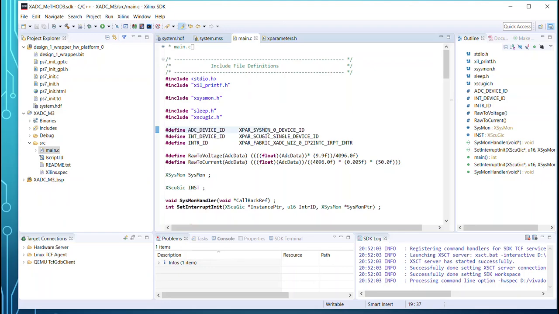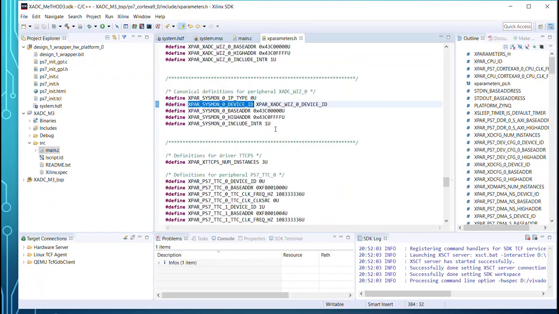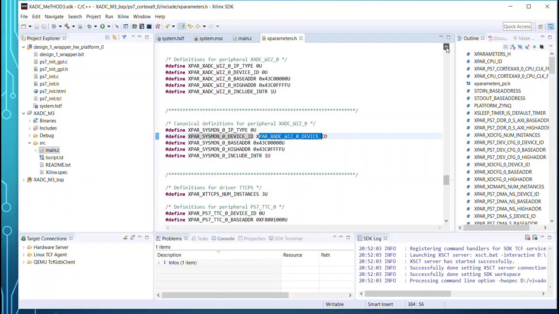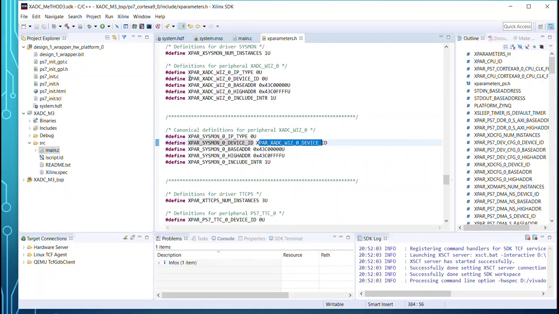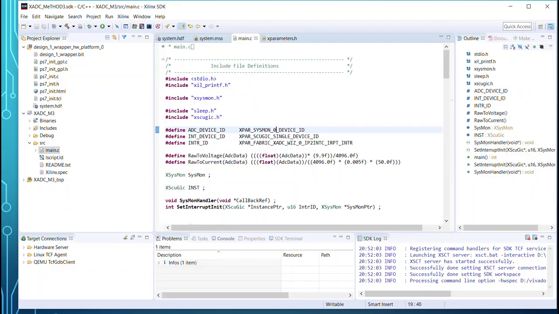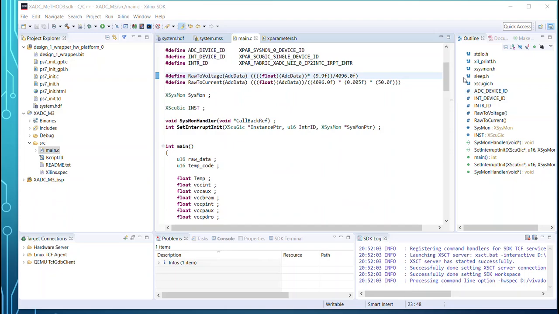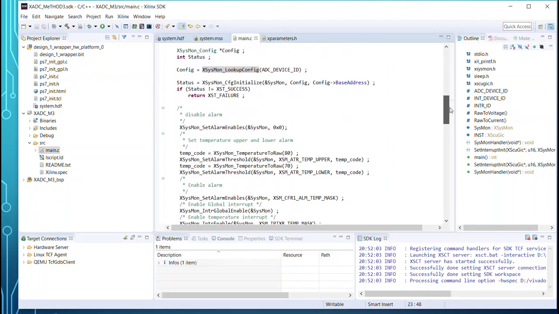And if you control click on this one, you could see that it has been defined in another header file, which is xparameters.h. With this value, you could also check this value at the start of this code. Here, if I scroll up, this is the amount of this device ID. This one. And then if you go back to the main.c code, by scrolling down to see the rest of the program,